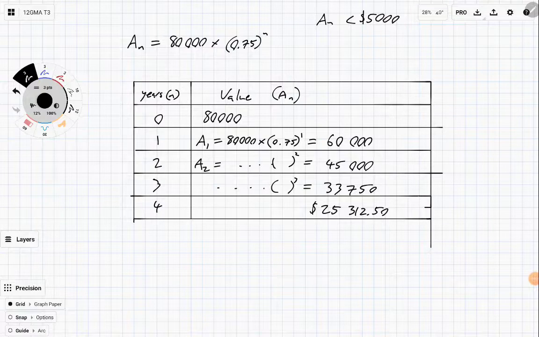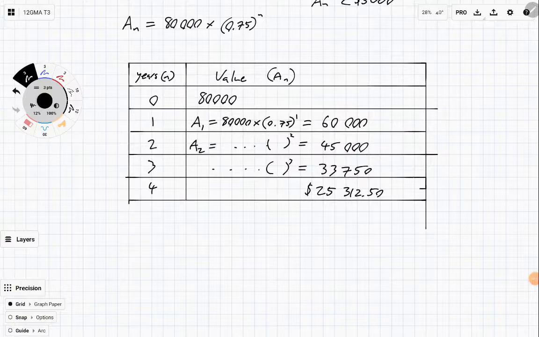Although we're only changing one number, it's a bit annoying. So the advantage to do instead is to use a recursive rule. And the recursive rule is basically multiply by 0.75 to get to the next one, right? That's all the way down. And in fact, that's the easier way to do it. And if you just set up your value, click equals, and then just go enter times 0.75, then it is going to generate the rest of the terms for you. So 5, 6, 7, 8, and we'll see how long it takes. So for 5, it's